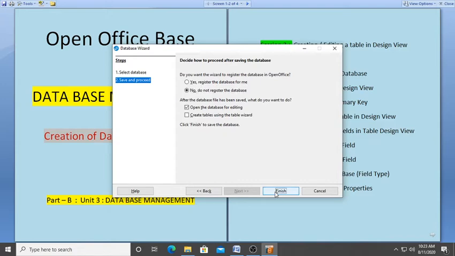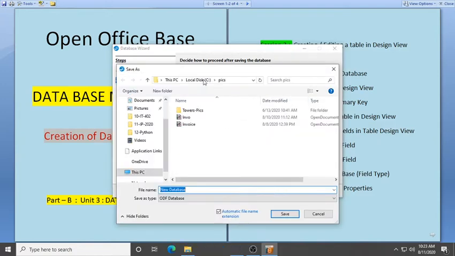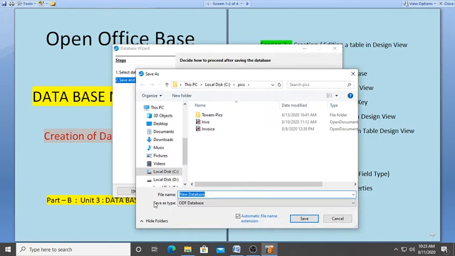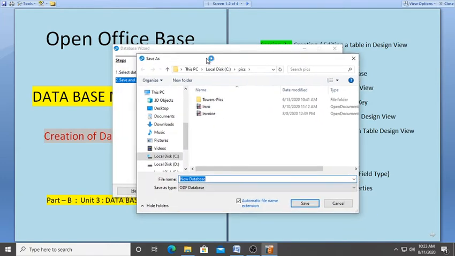After clicking on finish, it will give this screen. Means it is asking to save the database. The database which we are going to create needs to be saved. So the PC is asking to save that file as a database. So we can write the database name here. We can write our database name as school. I'm going to create a school database. So what is a database? This is a collection of various tables, you can say. So we are going to create a database. School is going to be saved in this C drive. In my PC I'm going to save it in the C drive and Pix folder. You can save your database in any other folder also after selecting your particular folder.